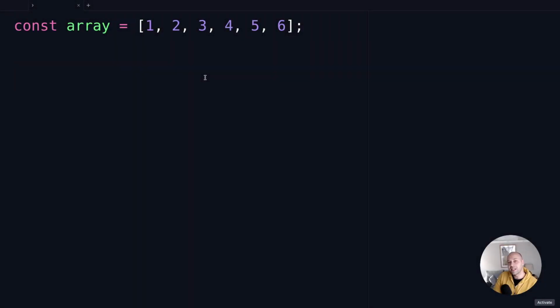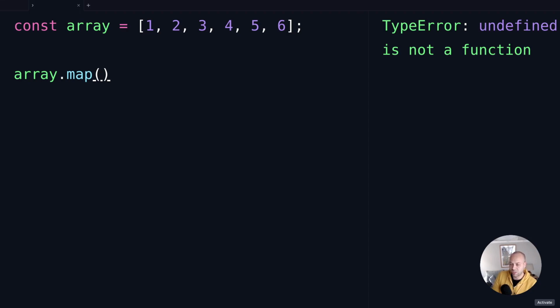So in today's web dev tip, we're going to take a look at the JavaScript array map method and how you can use that to loop through an array of values and actually make changes to the values inside the array. So we've got an array of values here, so they're just some numbers 1 to 6, and we can use the array.map method. So you can call this on any array that contains any type of values,